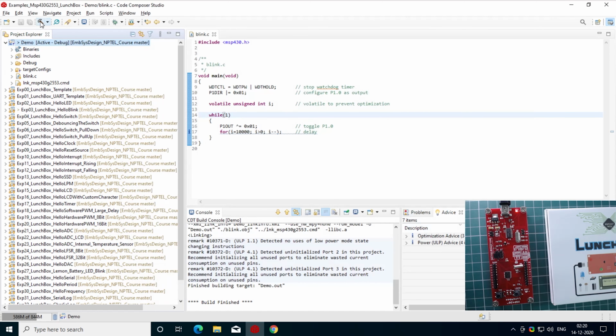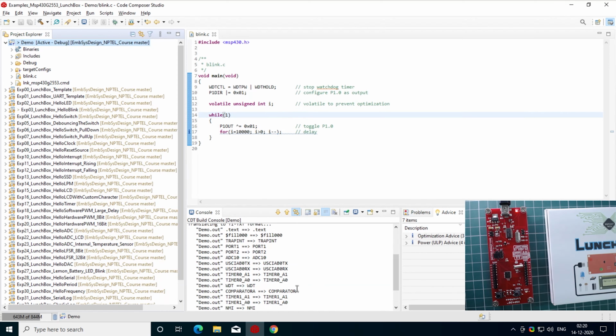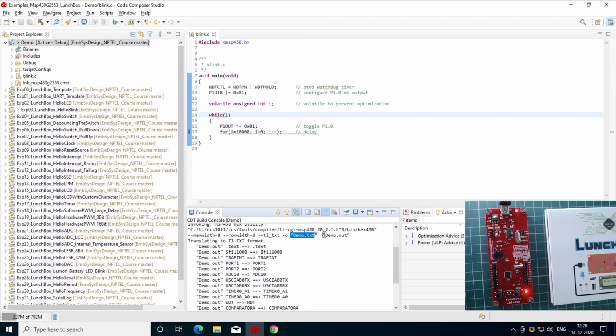Now if you build this project, it will also provide you the TI-TXT format beside this demo.out. So now we will use this TI-TXT format output data to be pushed to the hardware.